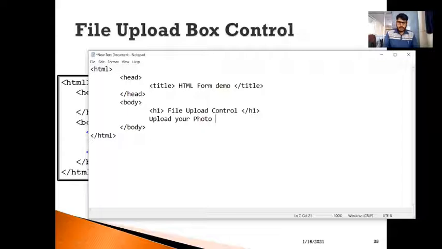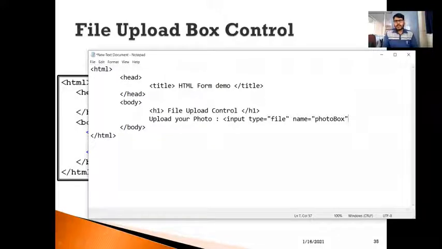And in front of this, now I'm going to specify the input tag. Within this, I'm going to mention the type as file. When I mention the type as file, it will automatically include a file upload box control. And in front of this, I'm going to specify the name as photobox.